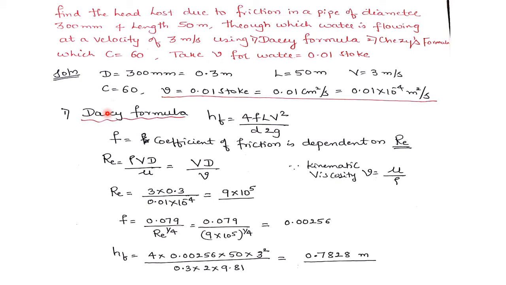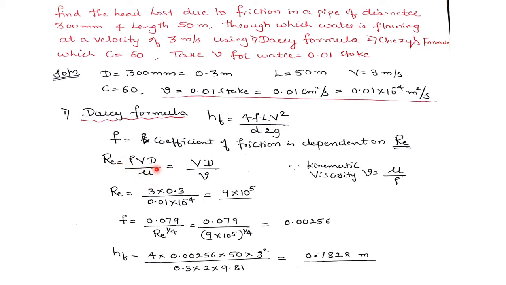So first, by using Darcy's formula, let us calculate the head loss due to friction. That is hf is given by the formula 4fLV square divided by D into 2g, where f is the coefficient of friction which is dependent on Reynolds number. Already we have told that. Whereas this Reynolds number is given by the formula rho VD divided by mu. So if viscosity is given, and density is given, then directly we would have used this formula only. Here to calculate Reynolds number, he has not given the density, he has not given the viscosity also, but